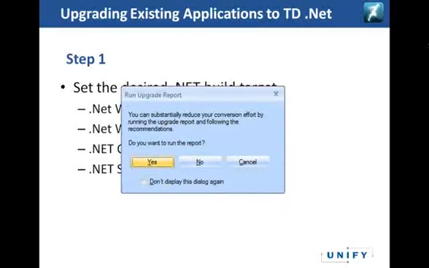And when you do that, you will see this window come up. Do you want to run the upgrade report? I would strongly suggest that you do that, and I will also demo that in a minute. If you press yes, then the compiler will actually compile your application and will not create